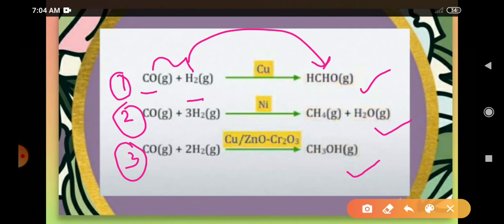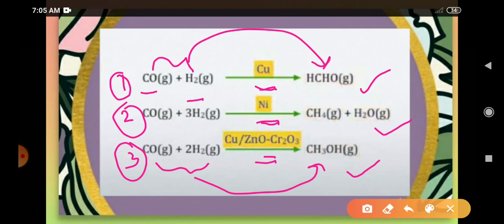So why does this happen? Why are the same reactants giving different products? Look at the equation carefully. What is the difference in what is highlighted? The catalysts are different. That means the same reactant can give different products when different catalysts are used. So who is actually deciding which product to get? The catalysts are actually directing the reaction.